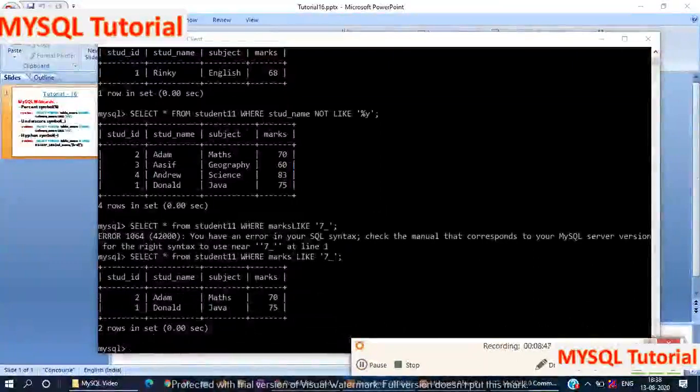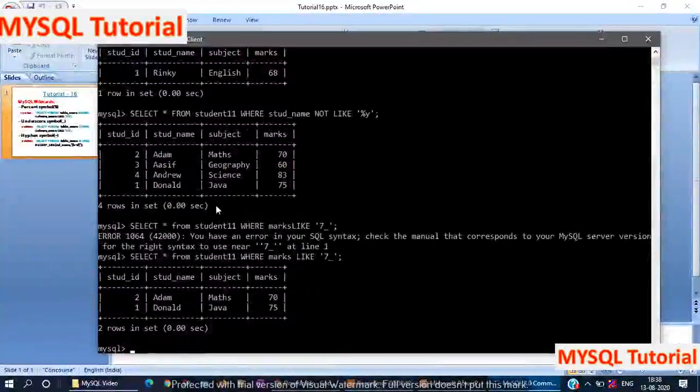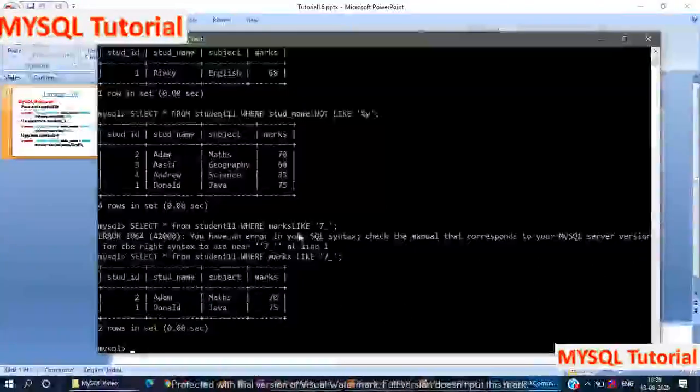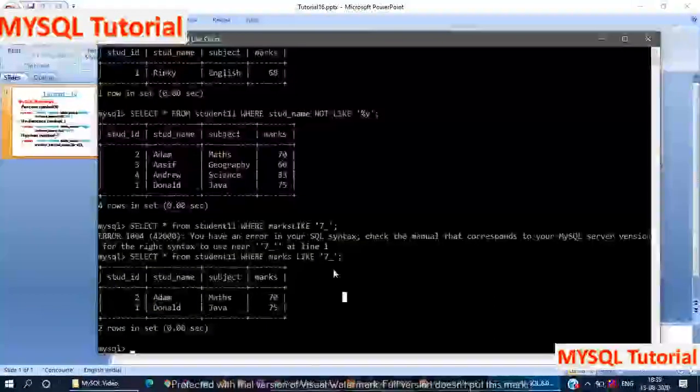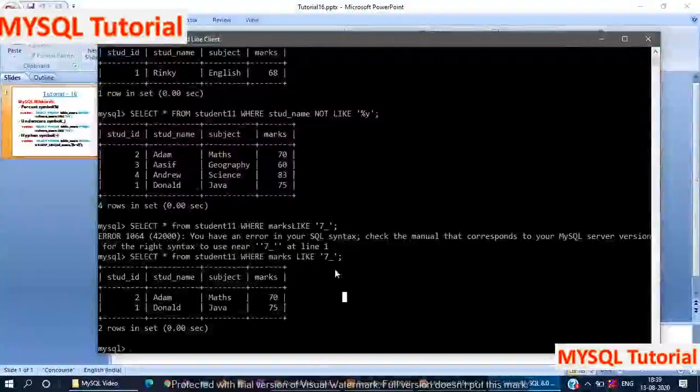Here you can see it showed an error the first time because I forgot to give the space. Now the query is SELECT * FROM student11 WHERE marks LIKE '7_'.